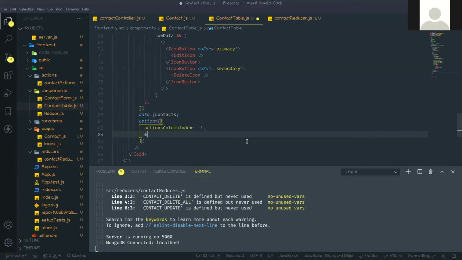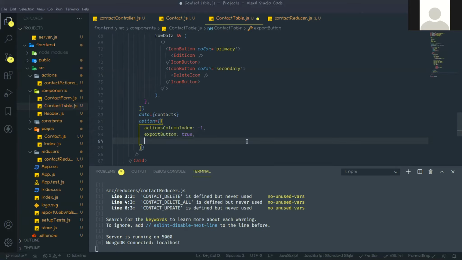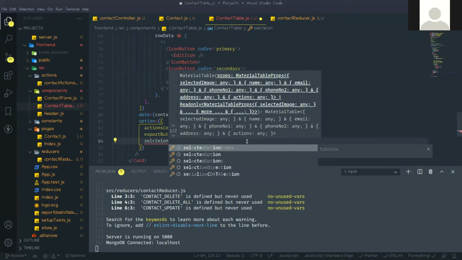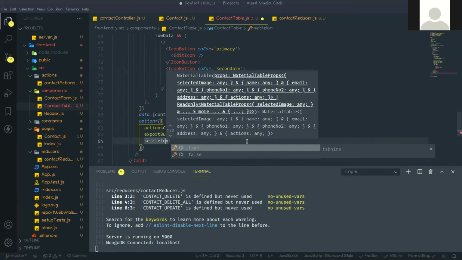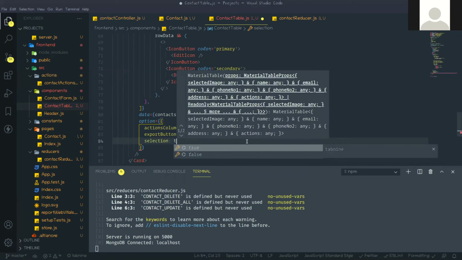Next, exportButton should be there, it is true. The last one is selection. Selection means that if you want, you can select multiple rows. I have already told you we will give one feature, that is multiple delete, so selection should also be true.